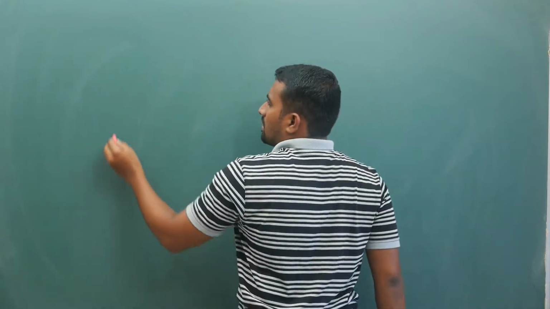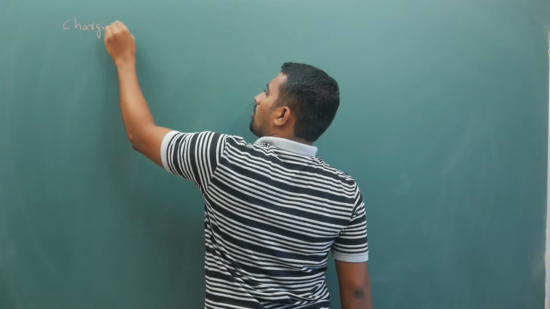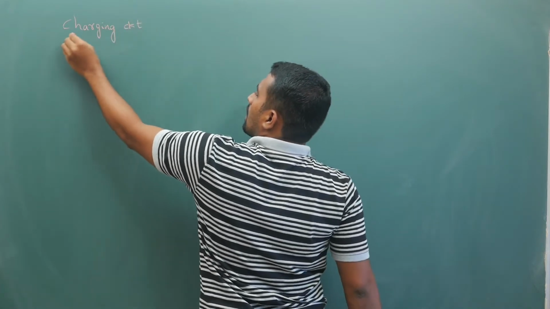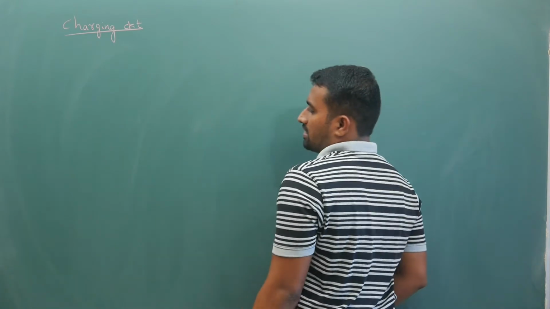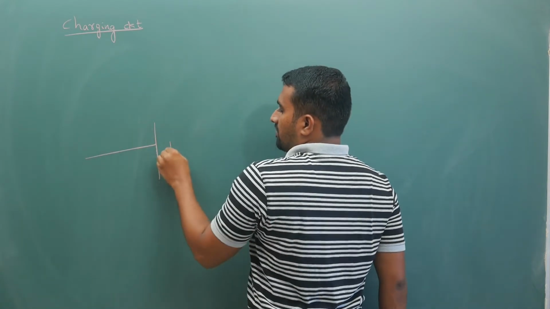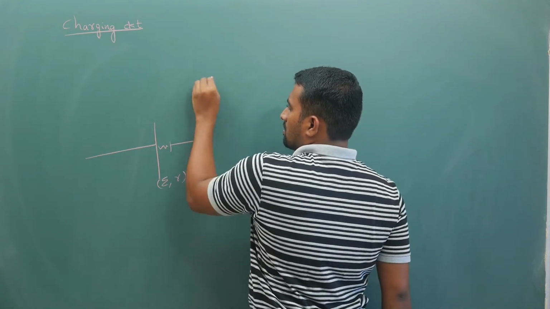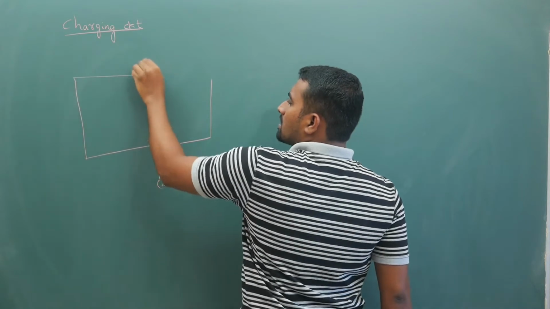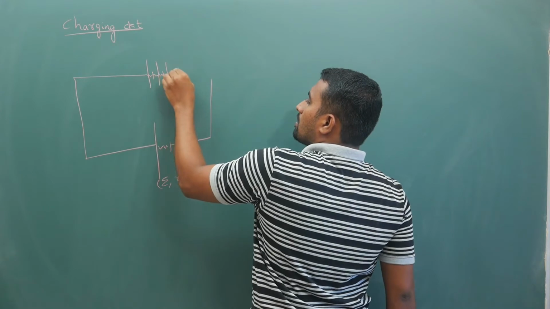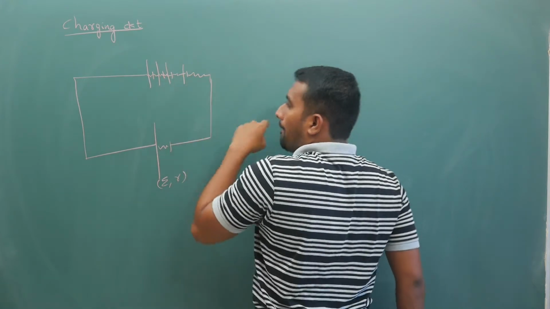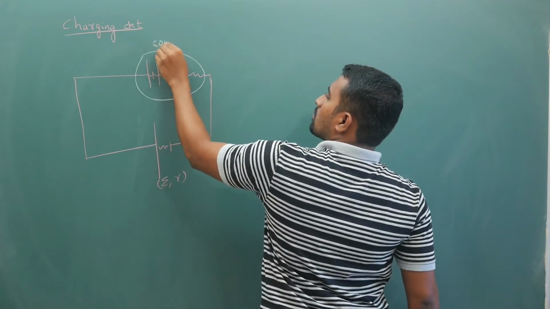Next is the charging circuit. In a discharging circuit, current flows outside from positive to negative, and inside from negative to positive. Now, if this is your EMF E and internal resistance r, there will be some source or accumulator like this, which will forcibly keep sending out current. This is your source.